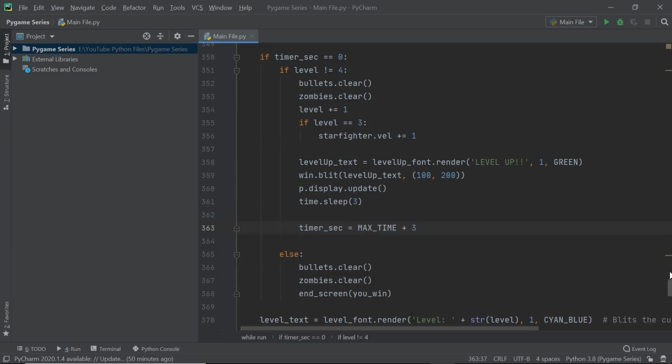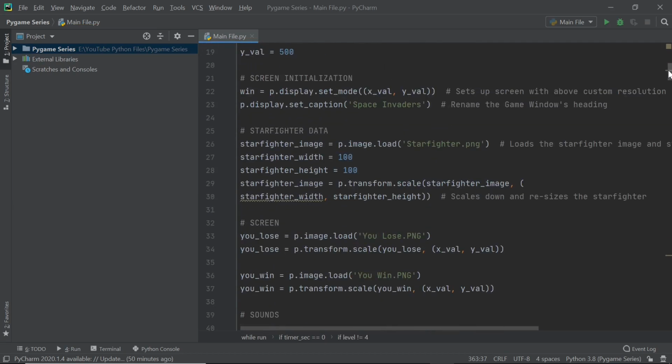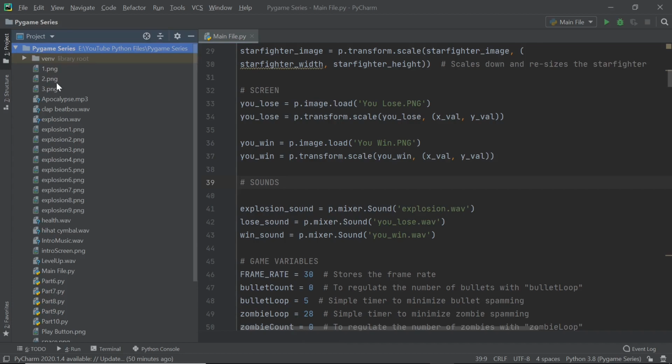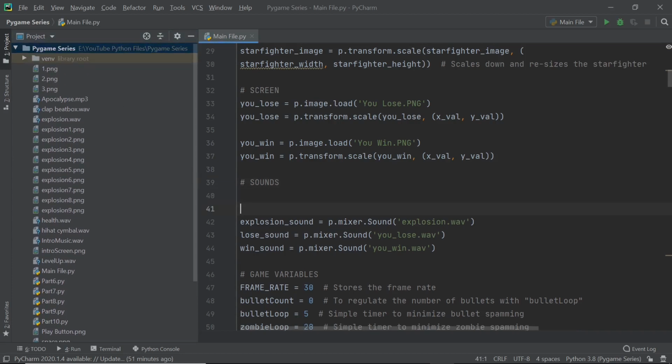Once you're done with that, you can scroll back up to your sound effects, and right here are our sounds. You can start declaring your sound effects one by one, and I would recommend keeping your folder shown up right here so that you know which sounds you're using. The first sound I'm going to say is bullet sound. So bullet underscore sound is equal to